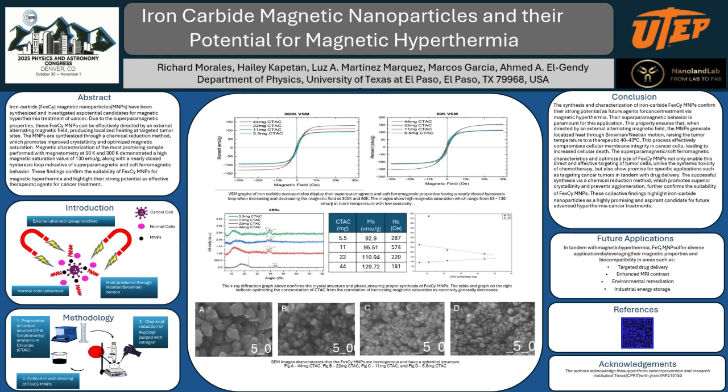Methodology: we synthesize these magnetic nanoparticles specifically through chemical reduction, as we can prepare our carbon sources like allylamine and CTAC. Now, CTAC is what we call cetyltrimethylammonium chloride. I do apologize if I butchered that, but that's the closest I get to it. And then, of course, we collect that. We specifically have 4 different samples in this paper where we optimize the CTAC ratio, as we see that the CTAC was a catalyst for optimizing magnetic saturation, lowering hysteresis coercivity, as well as creating the size that we needed